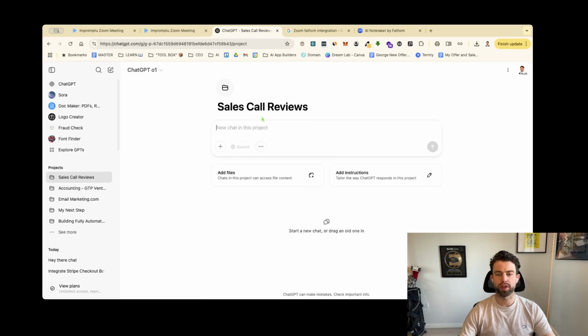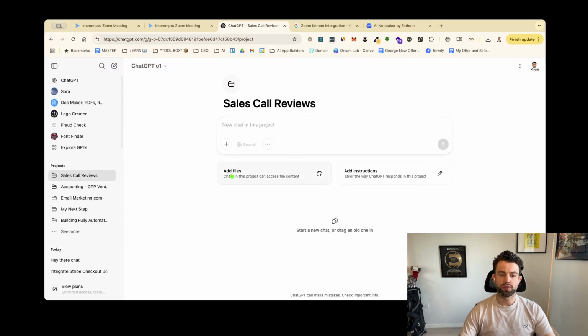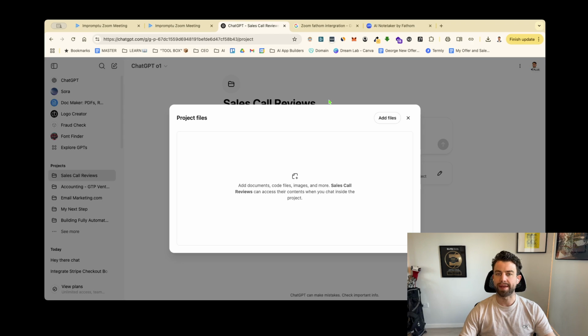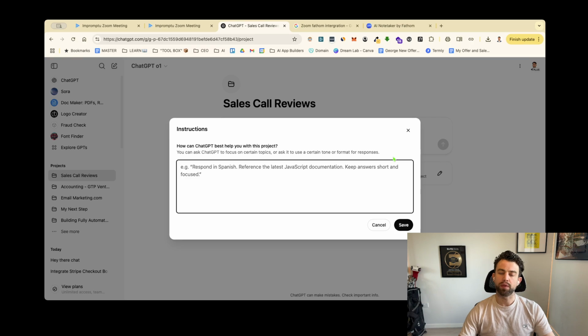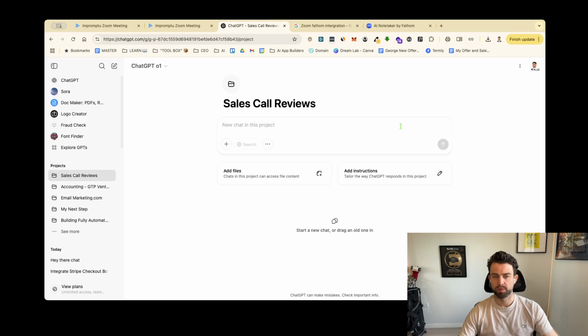The reason why you would create a project is that you can add files, some PDFs, or you can add instructions on how you want the output to actually be delivered, or any nuances that you want it to relate to or understand before it comes out with the output. But for the case of this, we're just going to use a simple prompt that anyone can type in. Okay, so what we're going to type in is